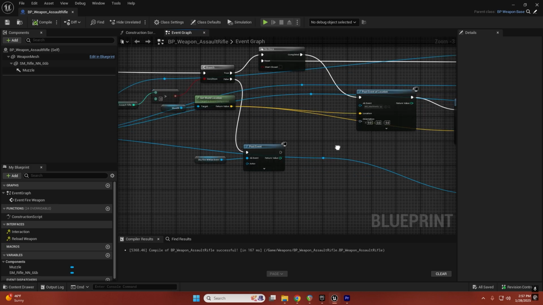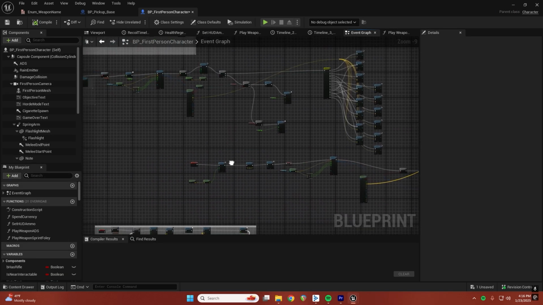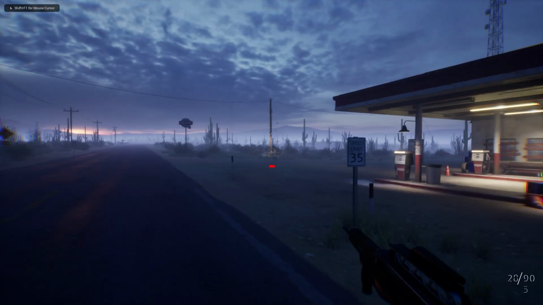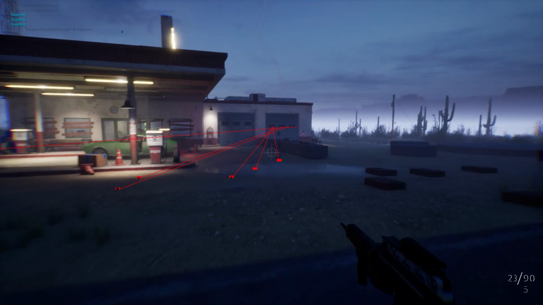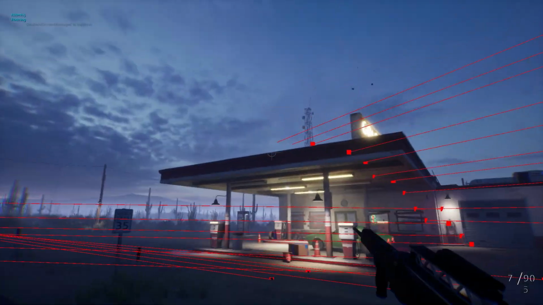I built a first-person weapon system that uses a base blueprint for the pickup and equipped weapon versions. There are 9 weapons in total. The weapons use a line trace or a physics-based projectile depending on the type of weapon, and the system also supports automatic as well as semi-automatic fire.